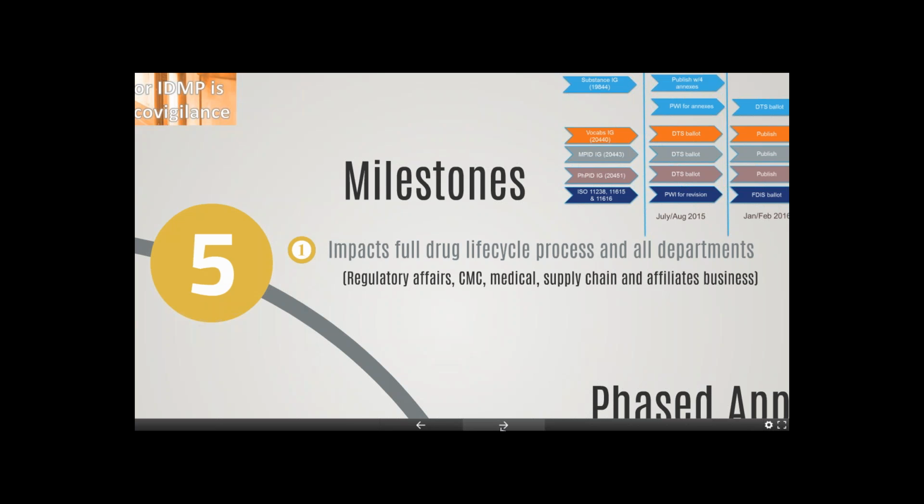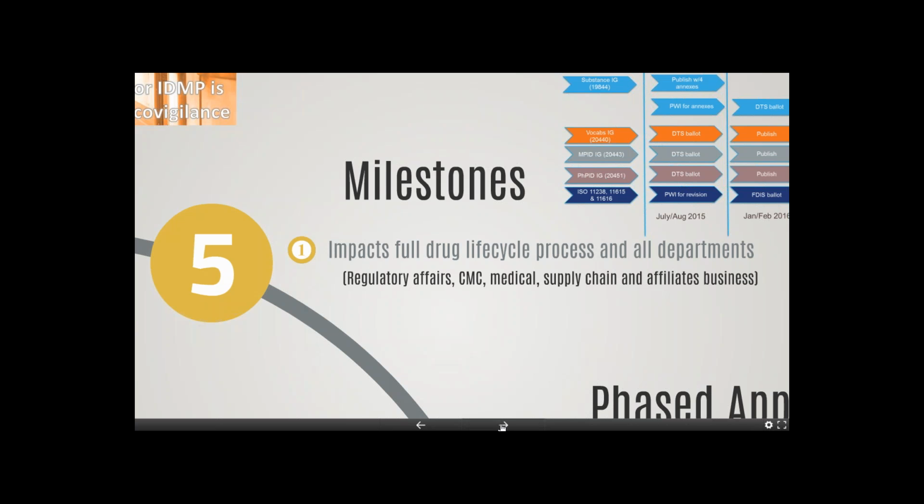So it starts basically in clinical development and goes on through the regulatory affairs process, through the production, packaging, to marketing. So the full life cycle process is included, and all departments basically have to provide their share for